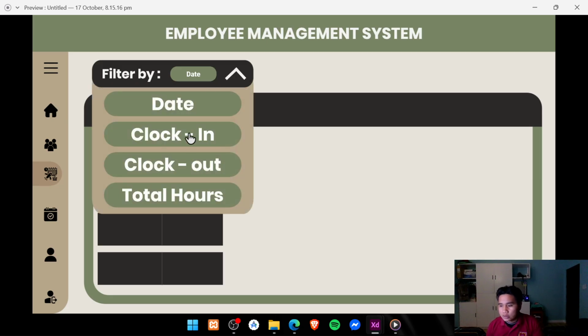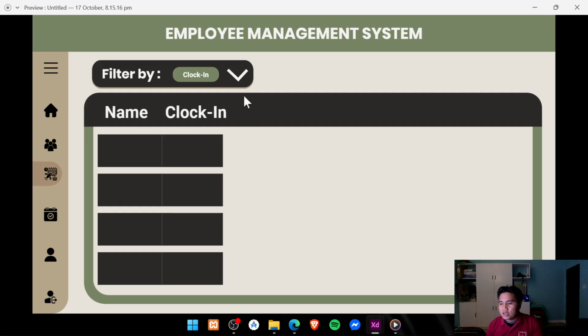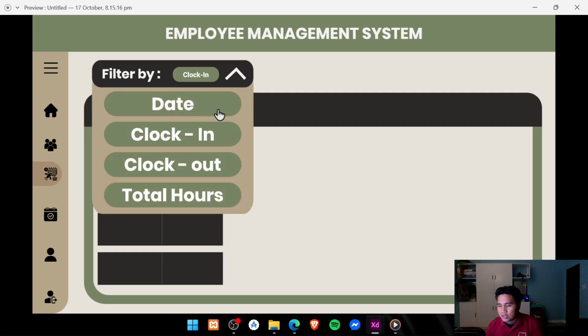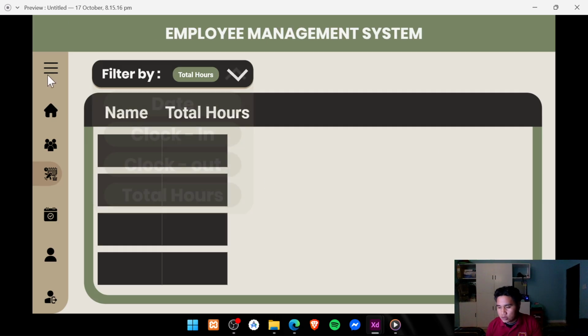Same with the other rows: if you click it, it will filter the clock in, same with clock out, and the total hours. In this part, I did not add the enlarging of the sidebar since it's unnecessary. That's the reason I didn't add the bigger sidebar that I showed before.